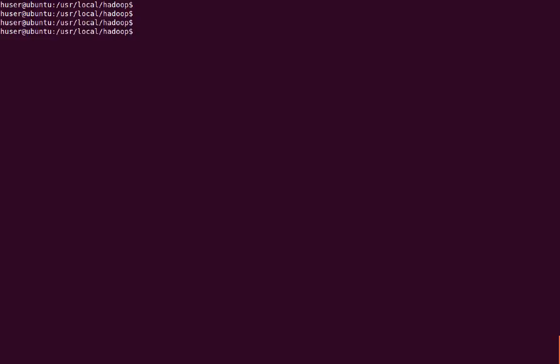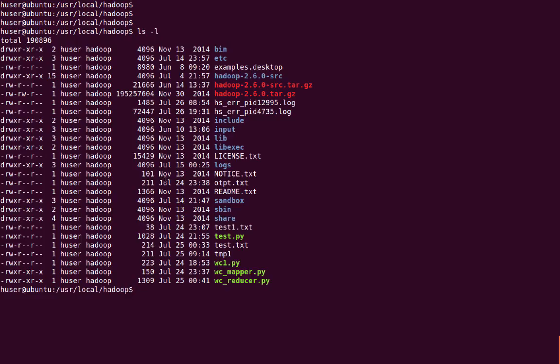Okay, so much for theory. Now let's do some practical examples. What we're going to do, like I said before, is use two commands: the cat command of Unix as the mapper and the wc command as the reducer. Let's see first of all what exactly the cat command does. Before we do that, we see that in this current folder we've got several files. One of them is called